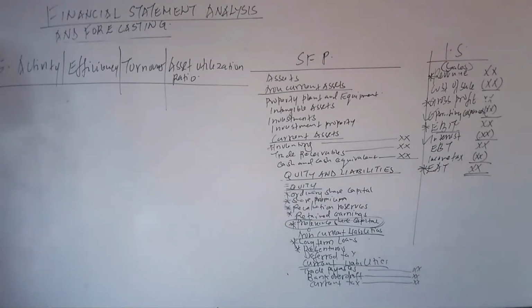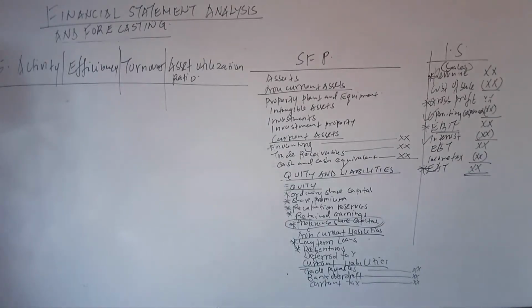Right, and say these ratios indicate the efficiency with which the company utilizes its resources in order to generate the revenue. They include,